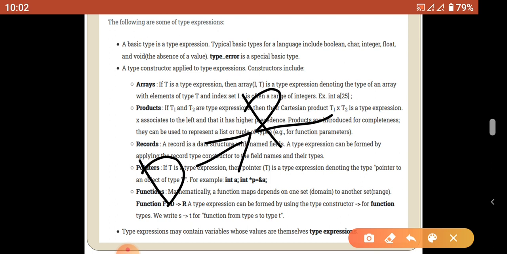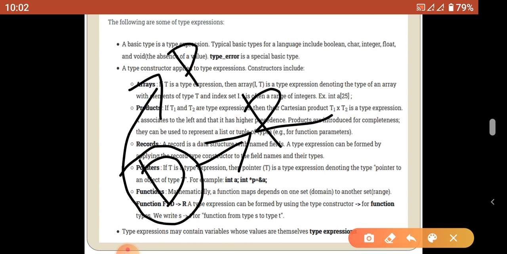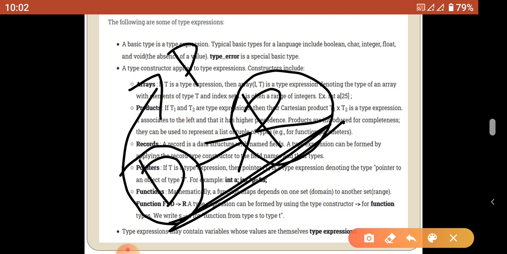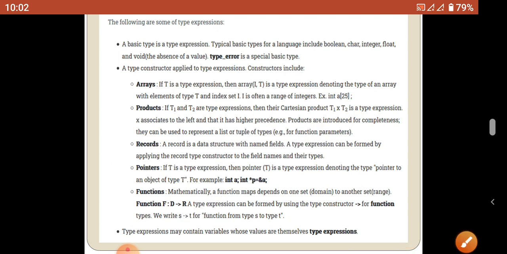In a technical form, the function arguments move to the function parameters. After receiving the function parameters, we perform all the executable statements in the function. After that, we return some value to the calling function. This is called domain to range. There is a data type for any function we are going to use. So these are the type expressions we are using in the type system.